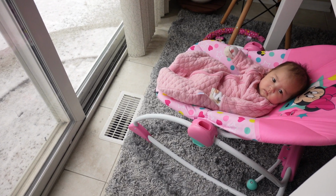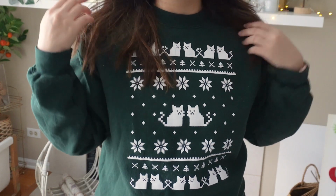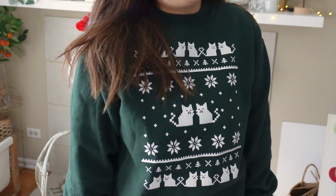So right now Taylor's being so good. She's watching the snow, so if you hear some noises, that's from our little guest star today. And we're gonna go around and show you all the things that I thrifted for Christmas, including what I'm wearing. This sweatshirt is from Goodwill, and I thought it was just classic looking and funny and a little twist